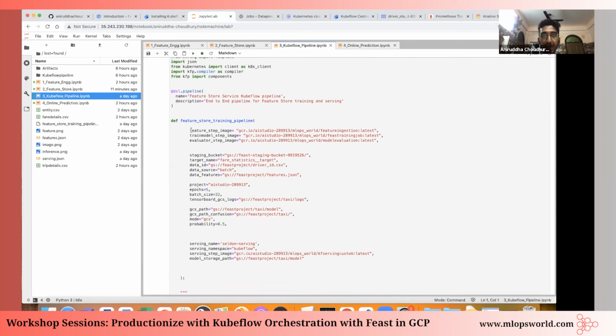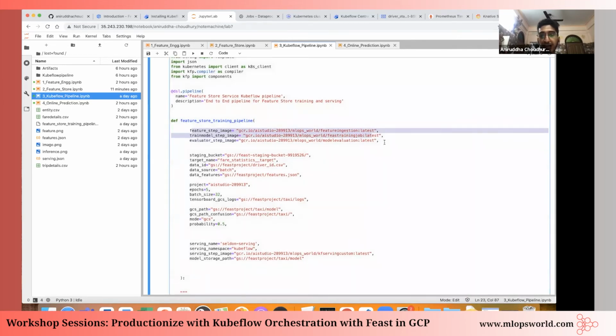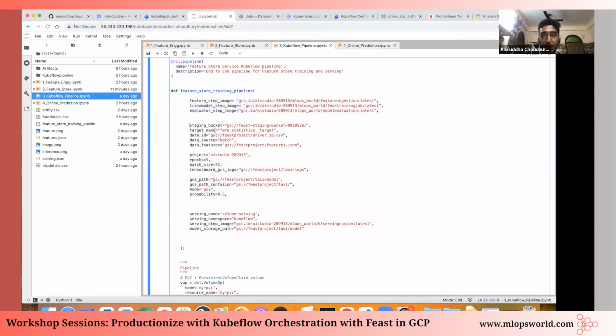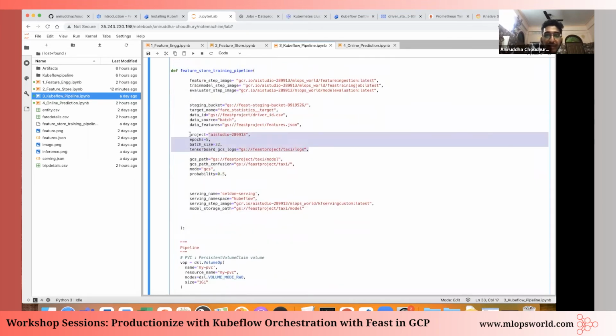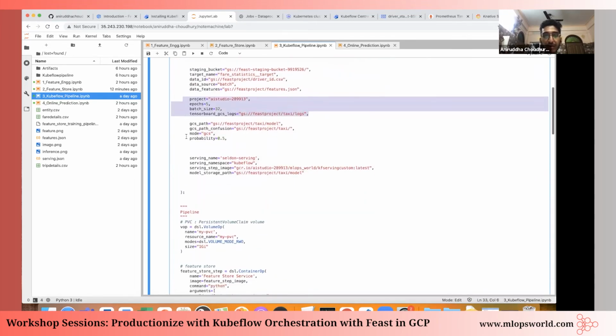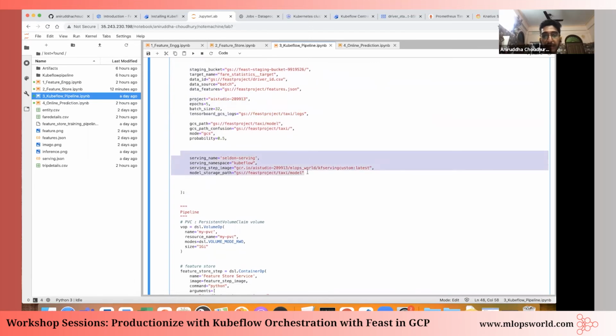I have 3 folders, right? I showed 3 folders. You have to provide the 3 Docker images for all the things, and the entry point of all the features of the particular Python file. The dot click option, you have to provide the name, where is the staging bucket, what is the target, what is the data ID, what are the data features, and other attributes as the input to your model building or pipeline building. And you will have your serving layer also, the serving name. I want to save in namespace Kubeflow, and this is my serving step,